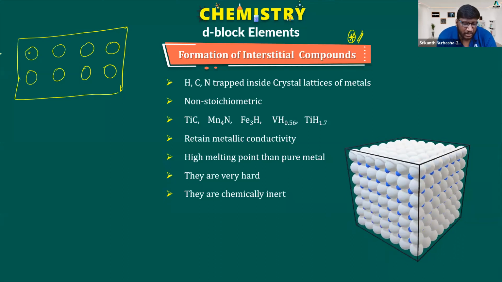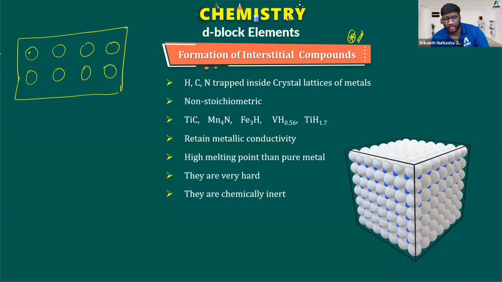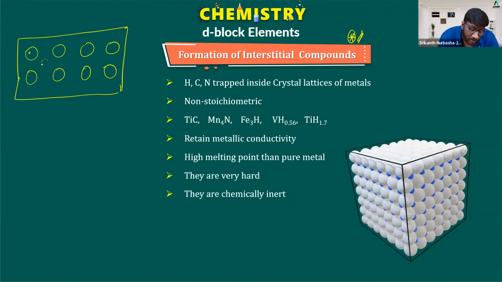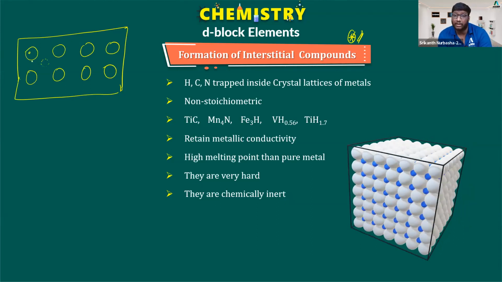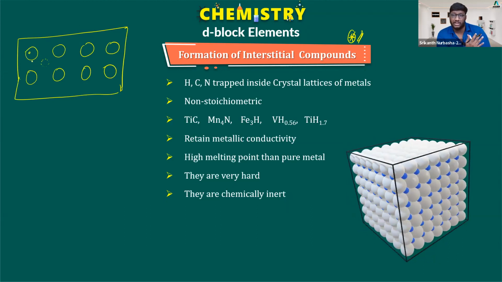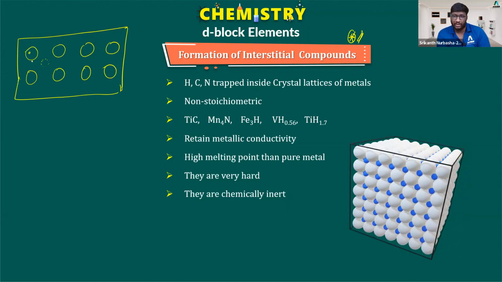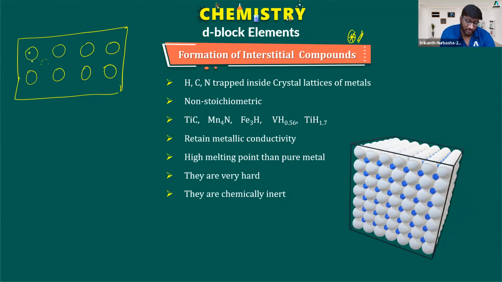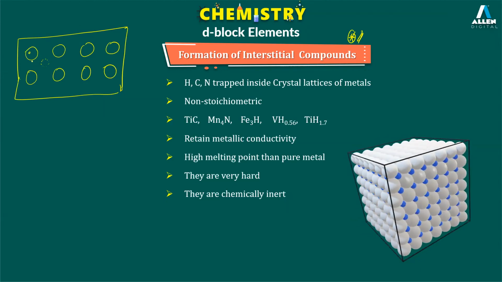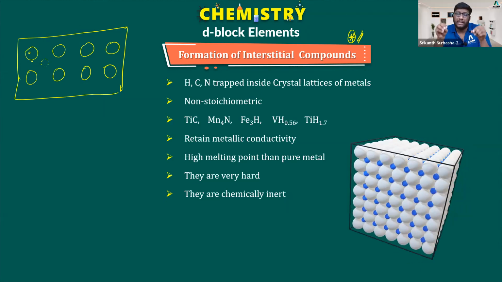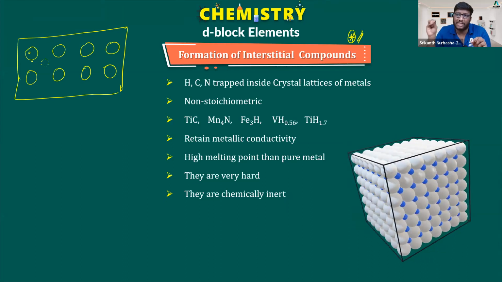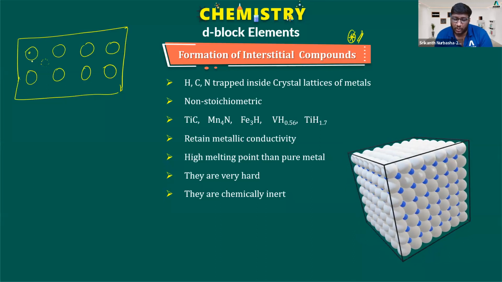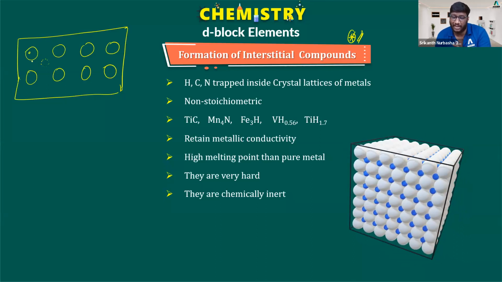If you look carefully, electrons are moving throughout the metal, that's fine. But there are some interstitial sites. If you remember from solid states, we call them voids: tetrahedral voids, octahedral voids. Some empty spaces are there or not, students? Yes, sir. So after filling the respective particles in the crystal lattice sites, there are some empty spaces left out. Those empty spaces are said to be interstitial sites.